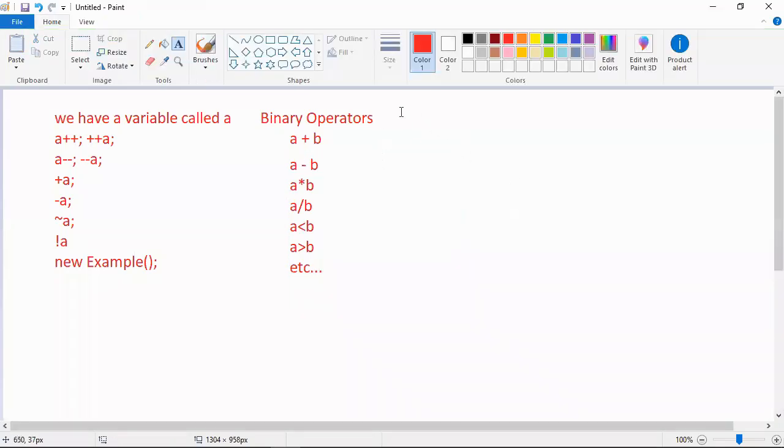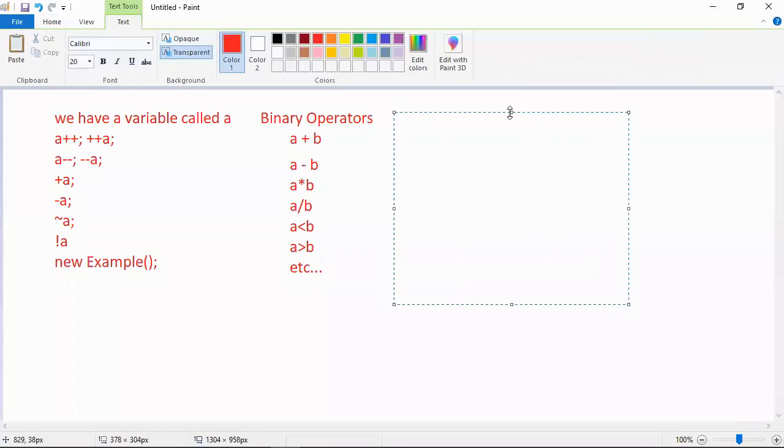Next, tell me some of the ternary operators. How many ternary operators are there? We have only one ternary operator with two symbols, question mark and colon. How to write it? Expression 1, question mark, expression 2, colon, expression 3.